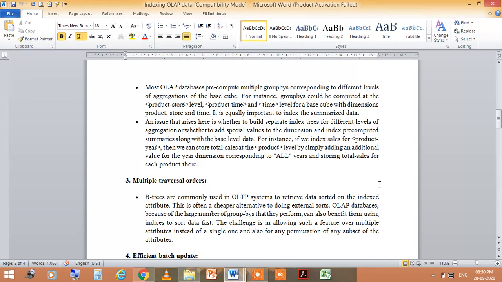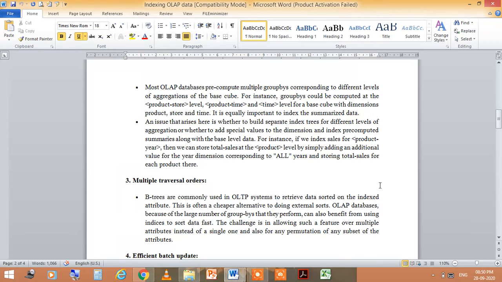So for this, an issue arises. What is that issue? Whether to build separate index trees for different levels of aggregation, or whether to add special values of the dimension and index pre-computed summaries along with the base level data.